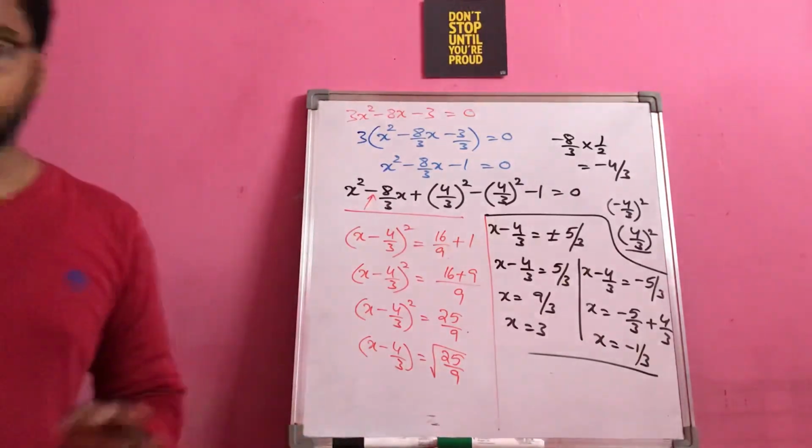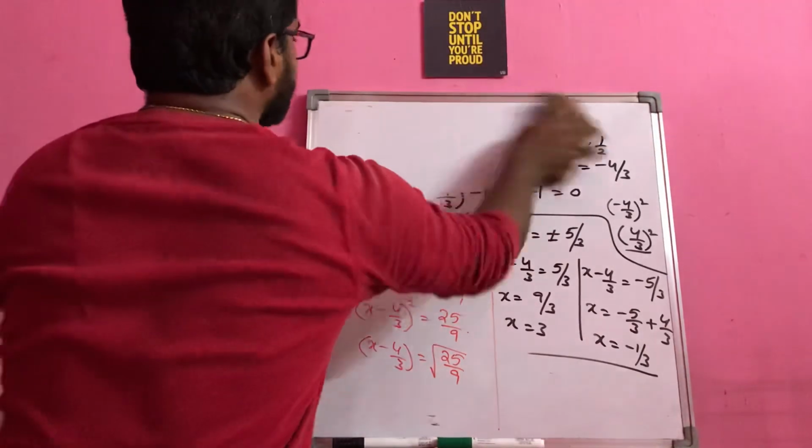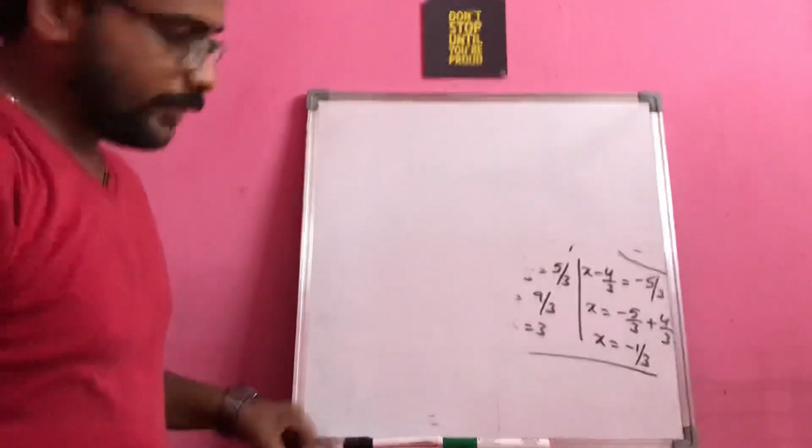So this is how you have to get the roots of a quadratic equation, just by using the method of completing the square, right? If you want, you can cross-check your answers, that is the roots, whether they satisfy the equation or not. Hopefully this method is clear for you. Let us do one more last question based on this method so that you will get clarity also.